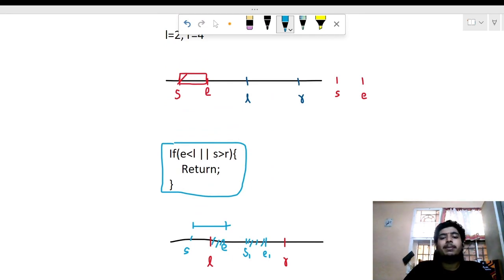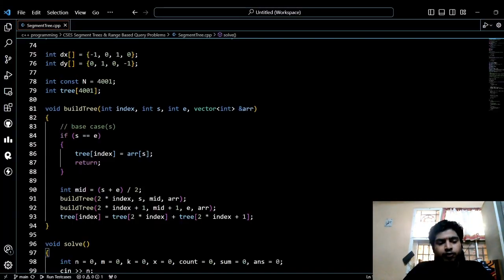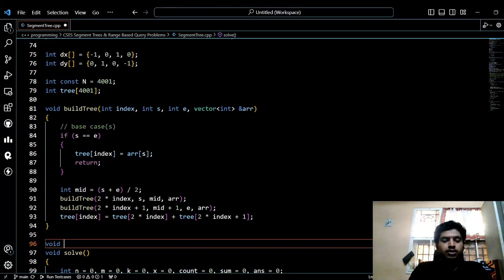Now let's try to implement this. Now let's continue from where we left in the previous video. Now our task is to do updates on a range, right? So let me just name this as update range, and then the parameters that we need are index, S, E, which is similar to the build tree, right? So it will be index, S and then E, and in addition to that, we'll be having the range which we want to update, that is L and R, and then let's just pass the vector,